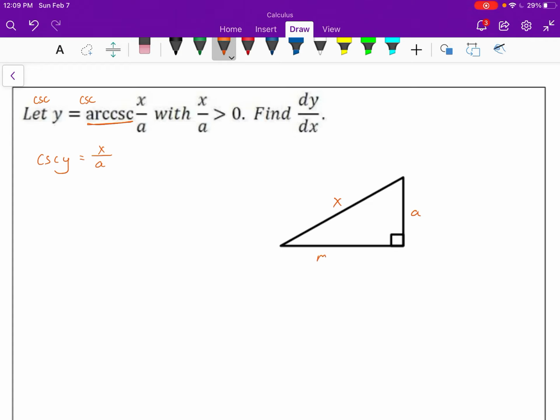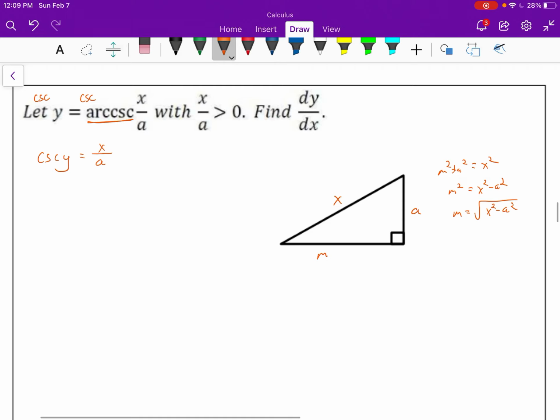Solving for m, m squared plus a squared equals x squared. So m squared equals x squared minus a squared. Take the square root, and m equals the square root of x squared minus a squared, which we will use at a later time. All right, now we want to differentiate cosecant. Well, the differential of cosecant is negative cosecant y cotangent y